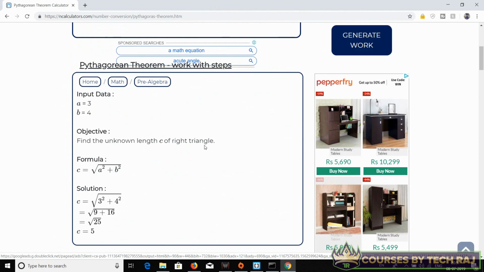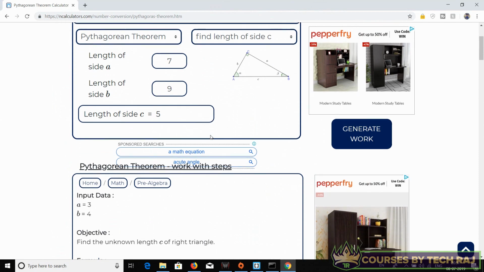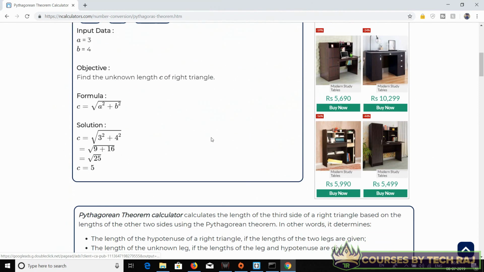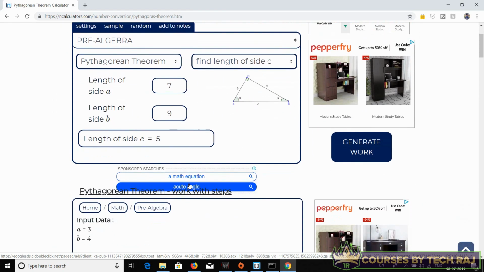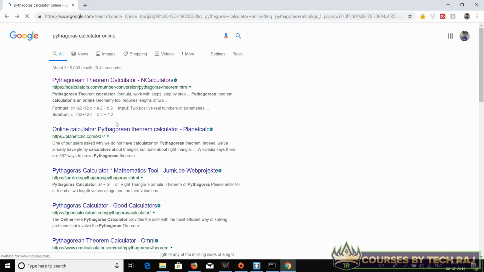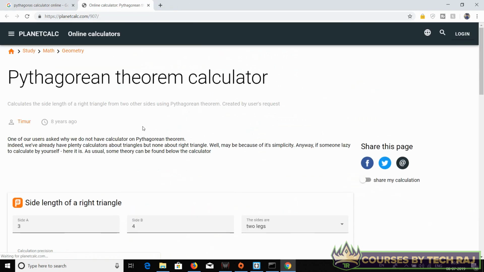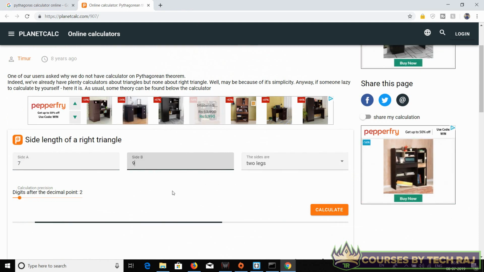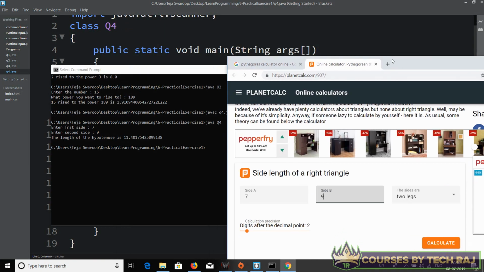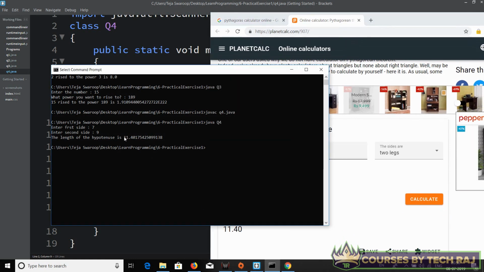Am I supposed to hit enter or something? Never mind, we'll just go to another website and try it there. So yeah, this seems good. Side A is 7, side B is 9, right? So let's go ahead and hit calculate, and there we go, 11.40. It actually reduced it to 2 decimal points, and here we have